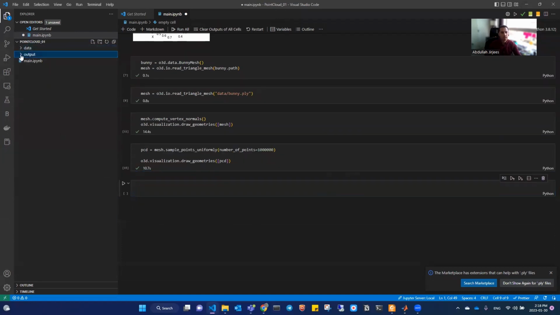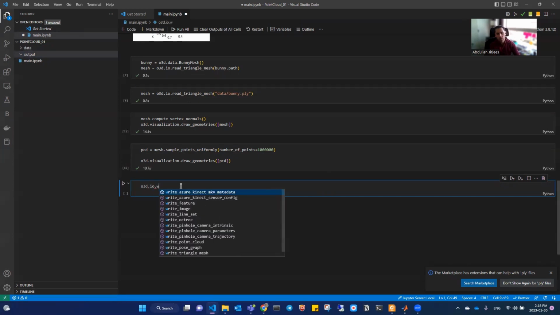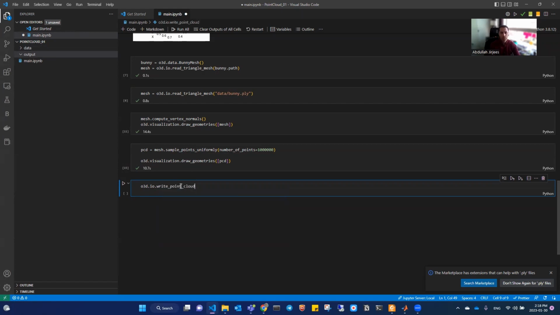As we can see, our output folder is empty. So we will just say o3d.io and write the point cloud. So write point cloud is here. And then we will have,